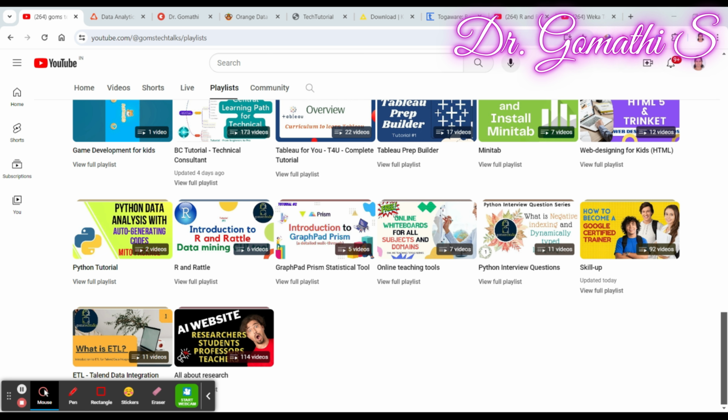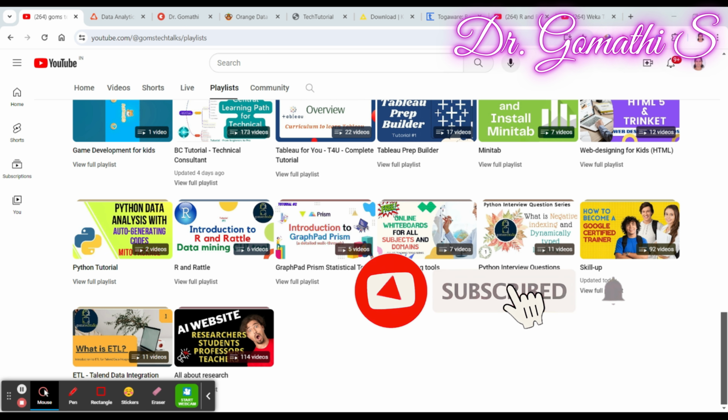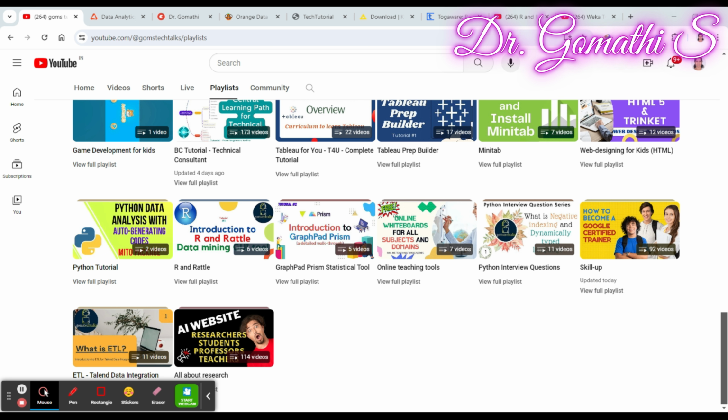KNIME stands out with its scalable cloud native architecture, enabling researchers to perform comprehensive data integration, processing, and modeling. And finally, Rattle provides a straightforward GUI based approach to R programming, democratizing data mining for users who prefer a more visual method of analysis. By leveraging these tools, researchers can significantly enhance their data analysis capabilities, leading to more precise results and innovative solutions to complex problems. Whether you are a data scientist, a student, or a professional researcher, incorporating these tools into your workflow can help you harness the full potential of your data.